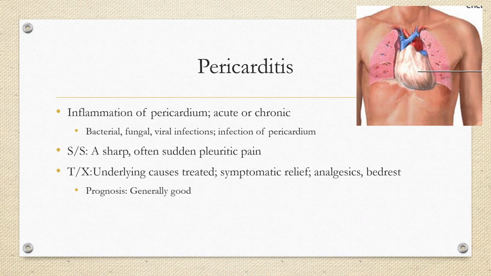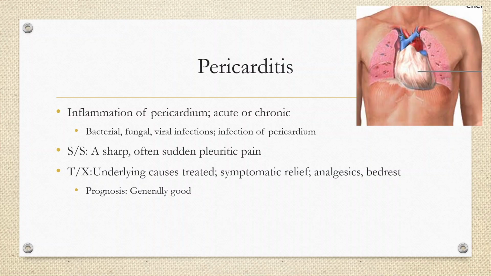So the first condition we're going to talk about on its own is pericarditis. So remember, we talked about the different layers of membranes surrounding the heart. And so this is going to be an inflammation of the pericardium, which is surrounding the heart. And we see this typically after an open heart surgery, where they went in, they opened the pericardial sac